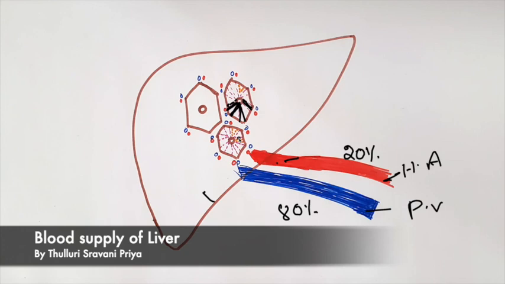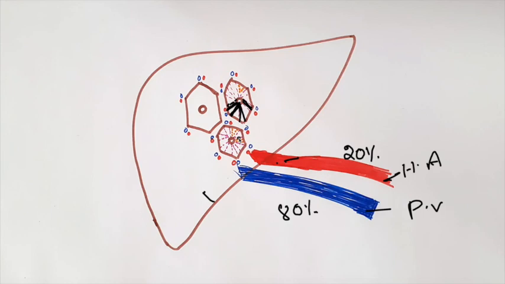Another clinical aspect is biopsy. A liver biopsy is mainly done at the level of the 9th and 10th intercostal spaces to avoid injury to the pleura and lung. At the 9th intercostal space, the biopsy should be done. Another clinical condition is metastasis. Metastasis of carcinoma can easily spread through the portal vein to the liver. These are some of the clinical conditions.